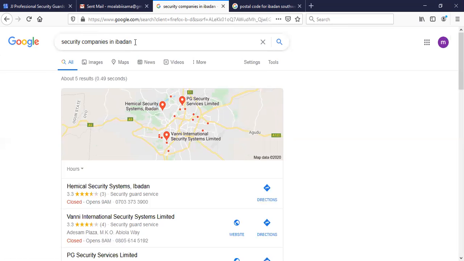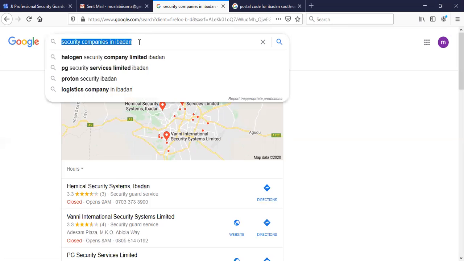Security companies in Ibadan. Now, let me quickly say this. Whatever you are using to follow this video, a laptop or your phone, when you get to this very important part of creating a Google My Business profile for yourself or for any organization, we want to check out all those keywords we've written down.